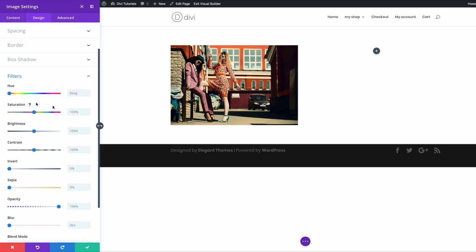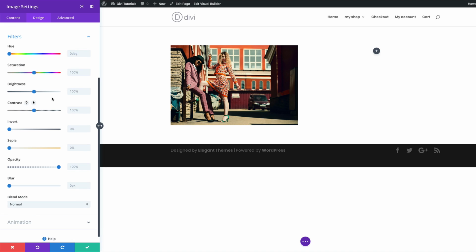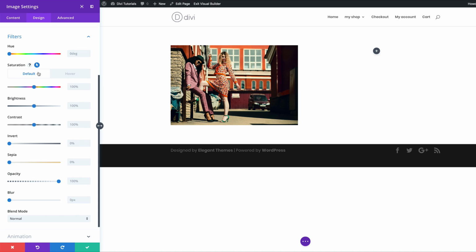So let's say I want my image to first show as a black and white image and then add color to it when someone adds a mouse over it. So what you do is you come over here on this arrow. Okay, so first of all, you have to mouse over it. In fact, let's go back here. You mouse over it, and then you get this arrow, you click on it,